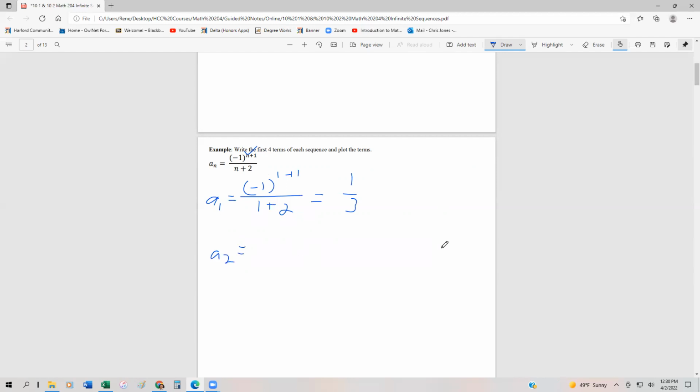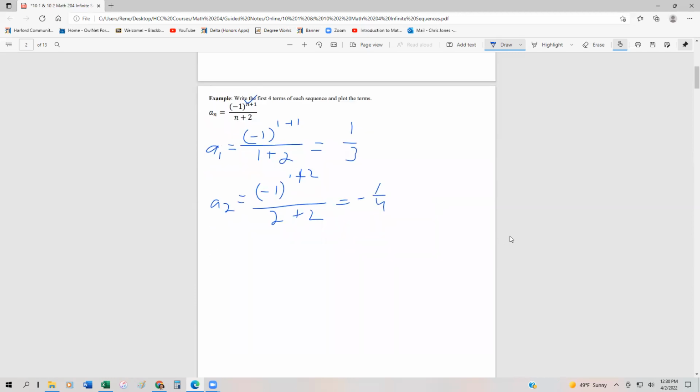The second term in the sequence, a sub 2, is going to be -1 to the 1 plus 2 divided by 2 plus 2. And that's going to be -1/4. The third term in the sequence is going to be -1 to the 1 plus 3 divided by 3 plus 2. Now this is -1 to the 4th power, which is a +1, and then 3 plus 2